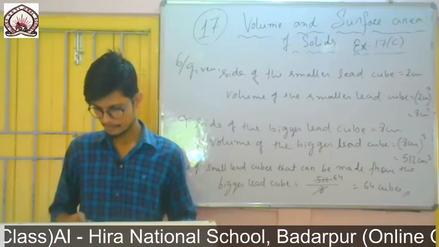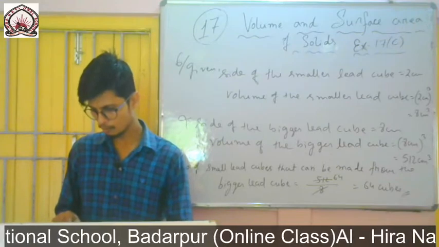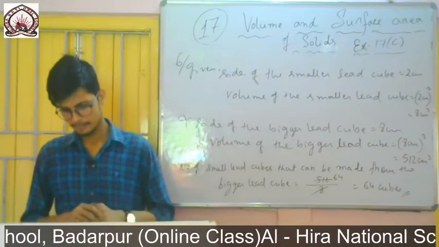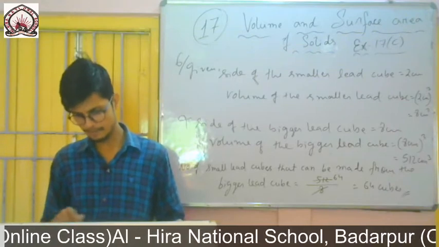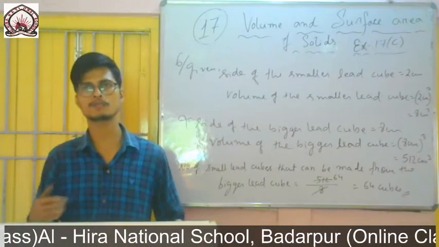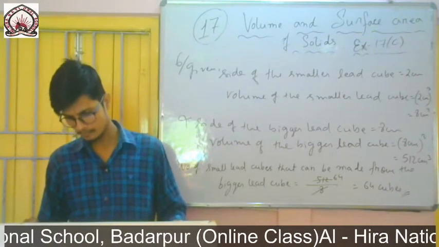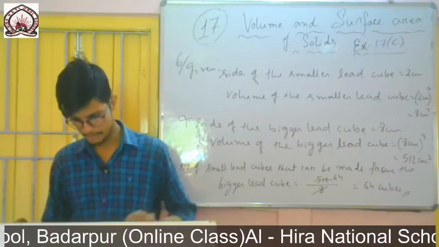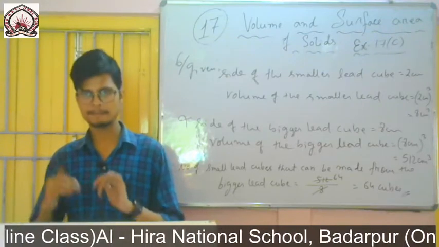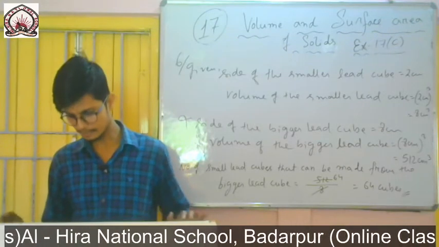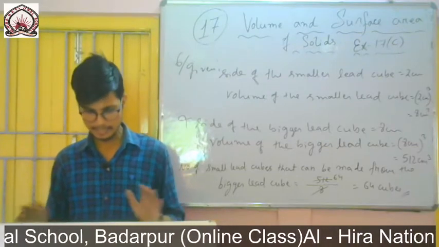Then you see, here it is given that the cubes are to be cut from a log of wood of side 8 meter. Then the dimensions of the wooden log are given: 8 meter, 5 meter and 80 centimeter. This one you convert into centimeter. 8 meter will be 800 centimeter, 5 meter will be 500 centimeter and 80 will be the same, 80 centimeter. Then simply you find the volume, it will be 800 into 500 into 80. Then you write the last line.